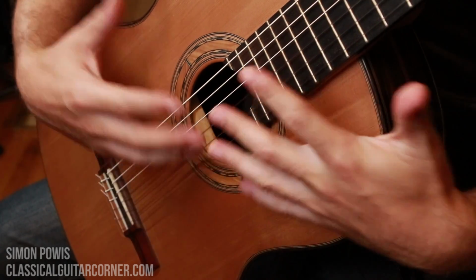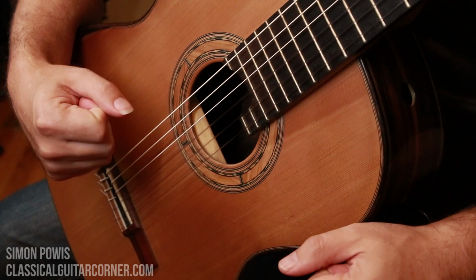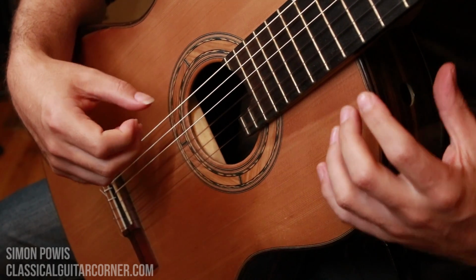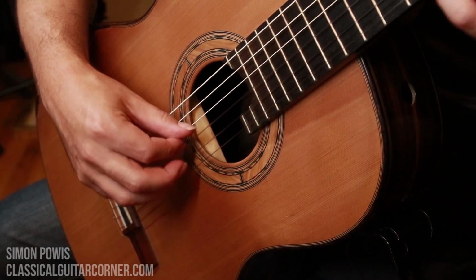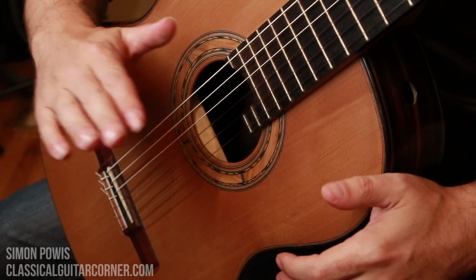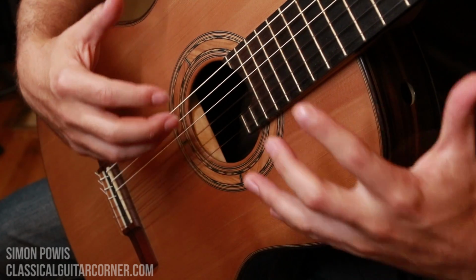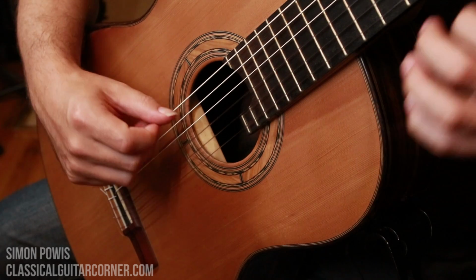So just playing that up at maybe 4 times the speed, we get a pretty good overview of how simple the melody is. And what it really has a lot of are repeated notes. 1, 2, 3, 4, 5. That figure of 4 repeated notes followed by a downward step runs through the whole piece and has some variations along the way. So what do we do with 4 notes